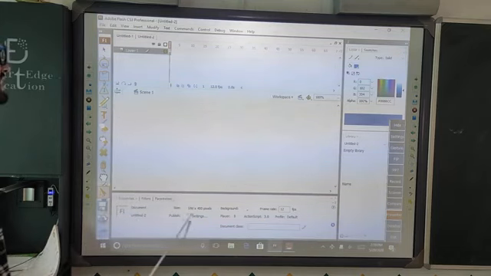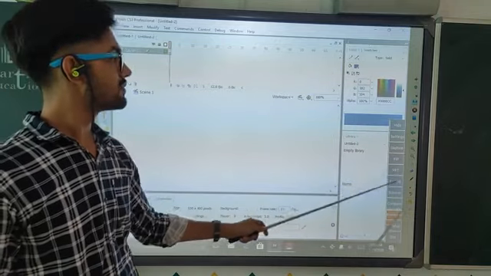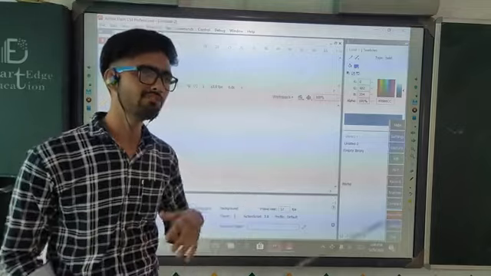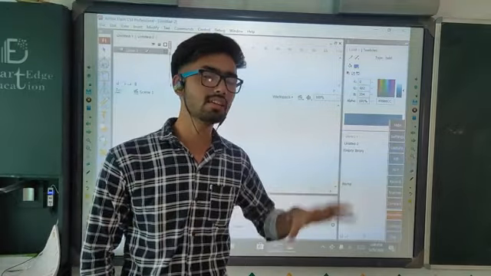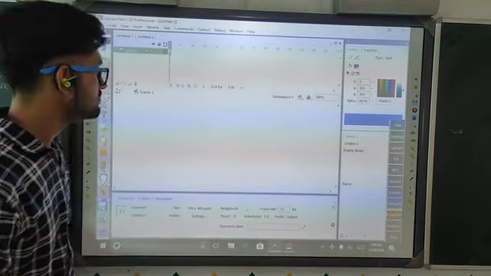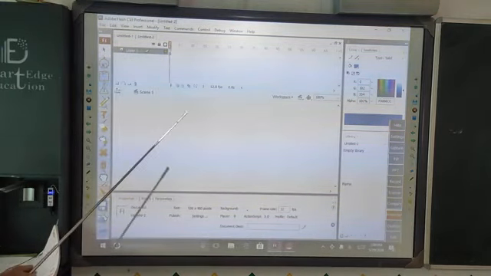This is the property inspector panel, and this is the color swatches panel, and here you find the library. It means that all the previous files that you have created in Flash will be shown here.